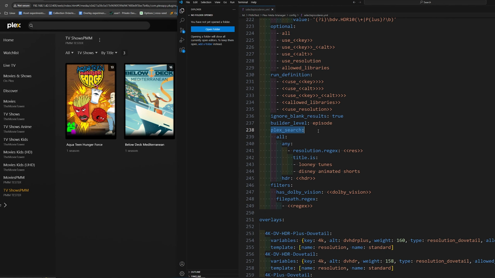So we have PlexSearch. This is the definition, or the attribute that we're using in this certain resolution overlay definition file. And we do all as the base attribute. And then we define it, and remember, you have to have one, all, or any. So if we do all,